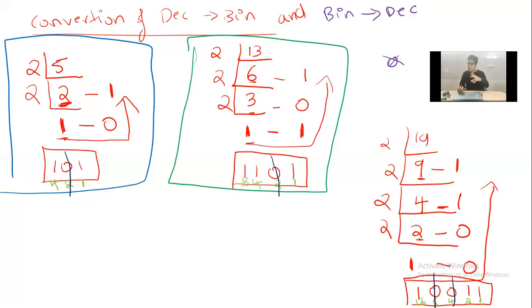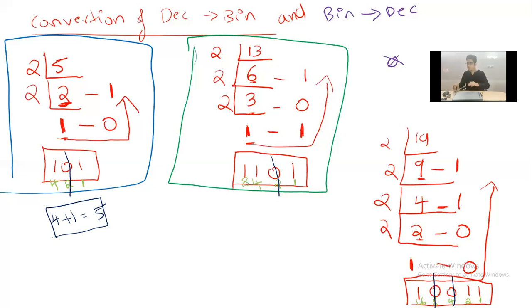Now, whatever you have not deleted, you have to add them. So 4 plus 1. What is 4 plus 1? 5. 4 plus 1 is 5. Don't you think by looking at the binary value, we have again got back the decimal value, right? So we got the answer as 5.